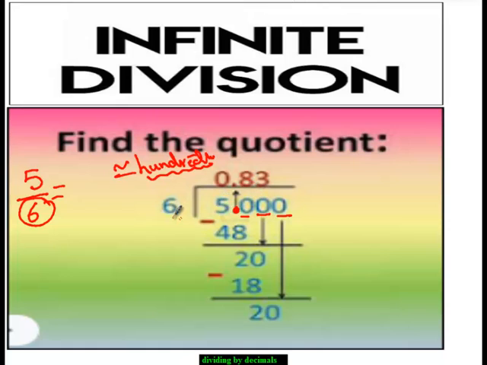This is very easy. 5 divided by 6, and here also I have to put the first number and the decimal, and the second place 3 places. Okay, and here I'm going to start. 5 divided by 6 can't be done, so it will be 0, and then 50 divided by 6, the answer will be 8, and 8 by 6 is 48, and 50 minus 48, the answer will be 2, and then I'm going to drop down the 0,